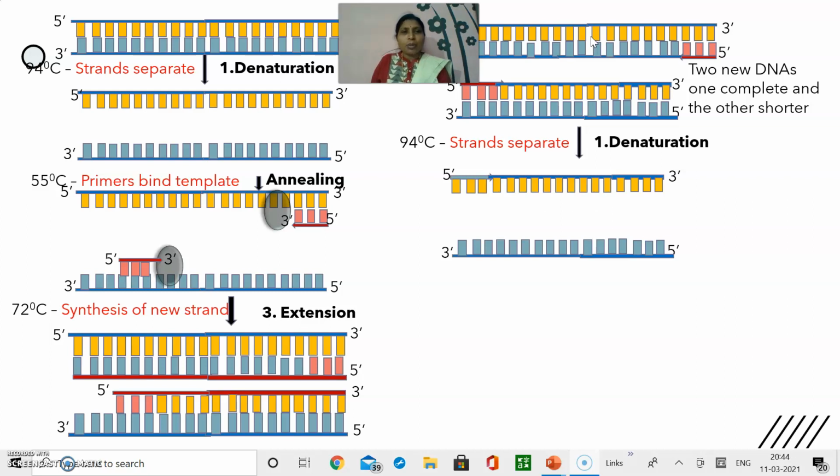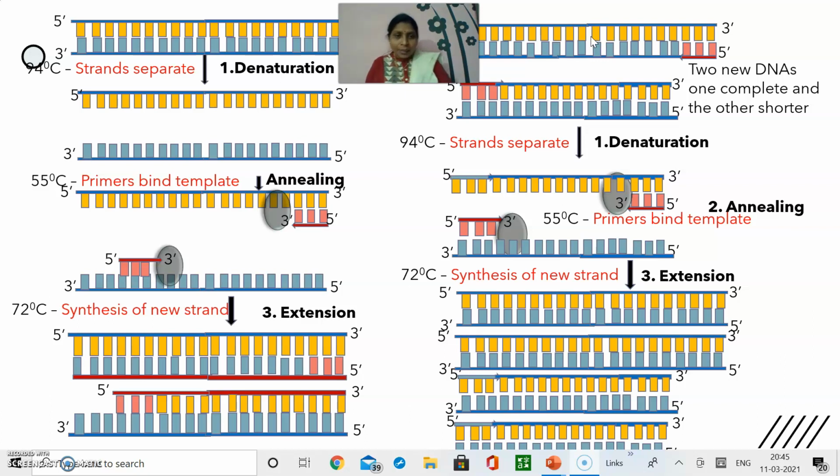And the next denaturation, annealing, and primer extension will be done. Altogether at the end of the next cycle, you will obtain a parental strand, meaning the DNA which is the same as the parental strand, and some more DNAs which are a little bit shorter than the parent strand, because the primer left the flanking sequence when it annealed to the template molecule. This may happen sometimes. As a result, you will obtain shorter DNAs than the normal DNA. So, I hope you have understood all the steps in the PCR.